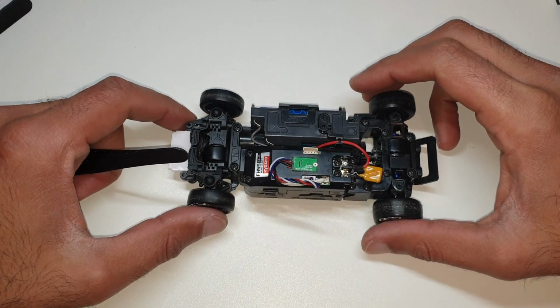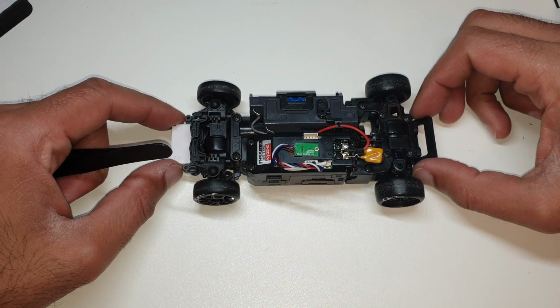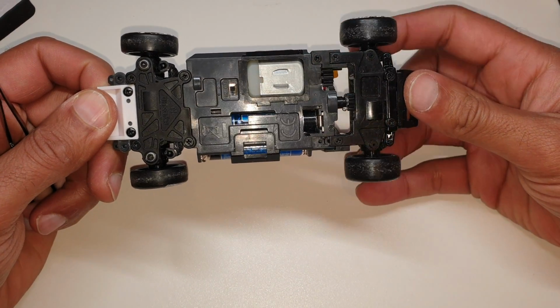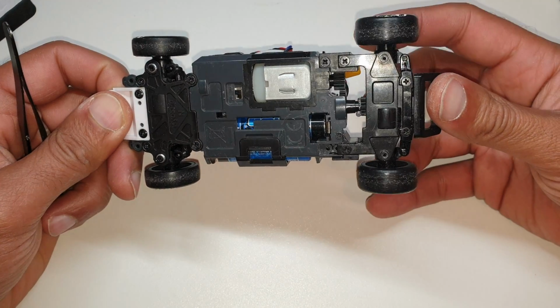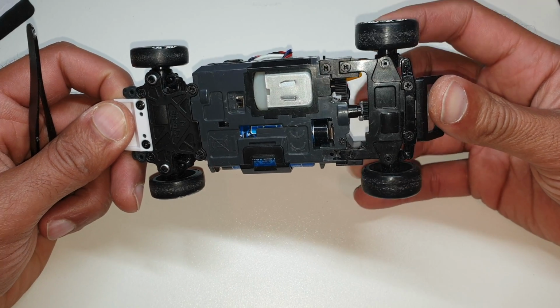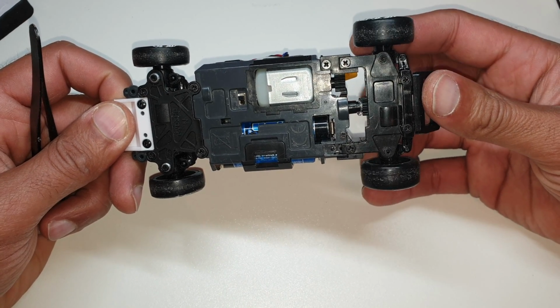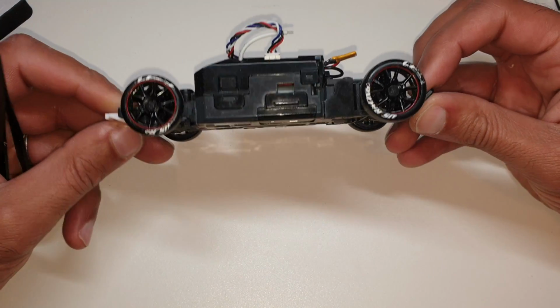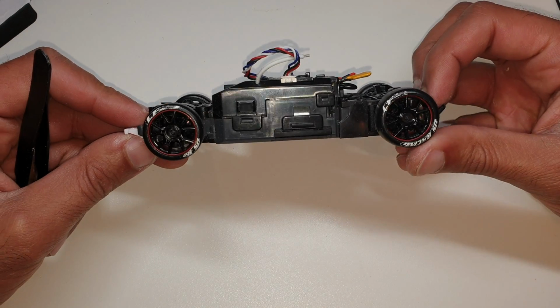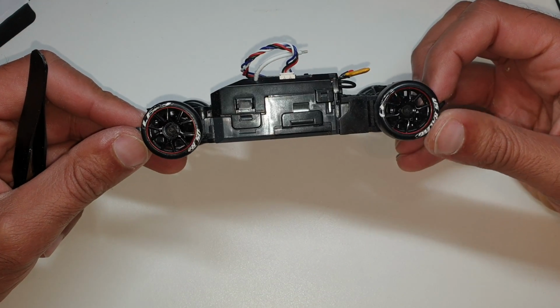So guys, some fantastic drift footage there. So the mod has been done. We've got the 15T pinion on top of the regular gear, and that will work on whether it's a 90, 94 or 98 like this one. You just have to obviously glue it further down the shaft, that's all. As you can see, I've changed the tyres now to LF5s, which I had on my other ma030 counter steer setup,